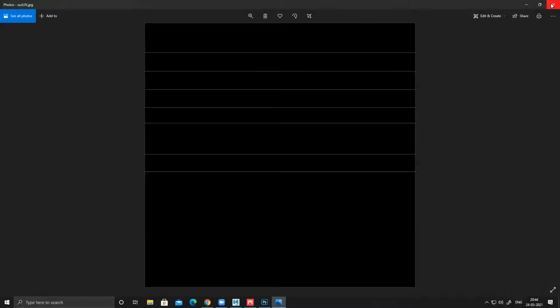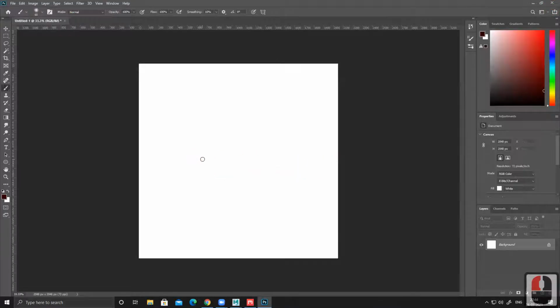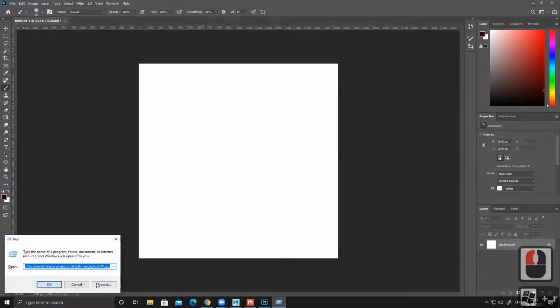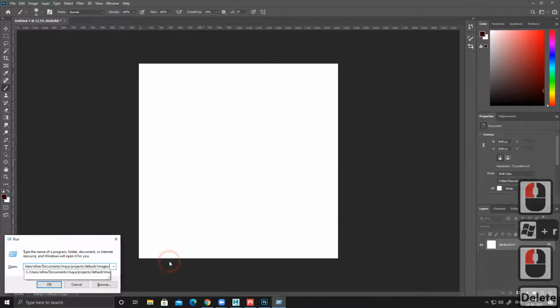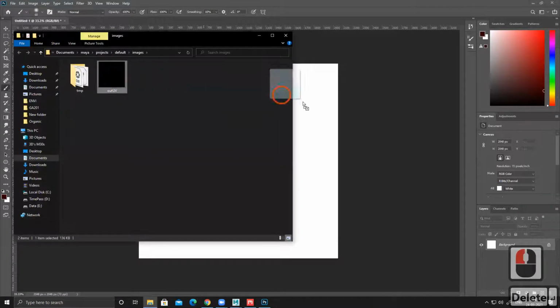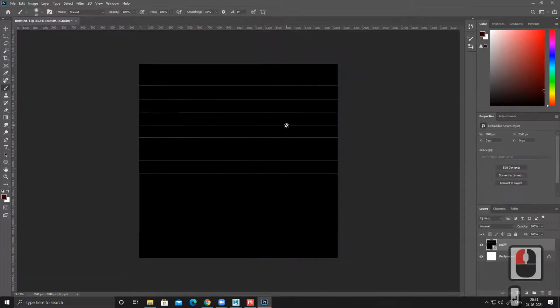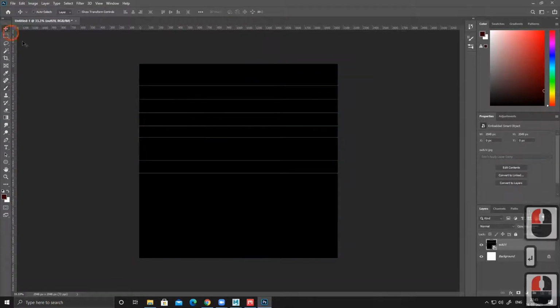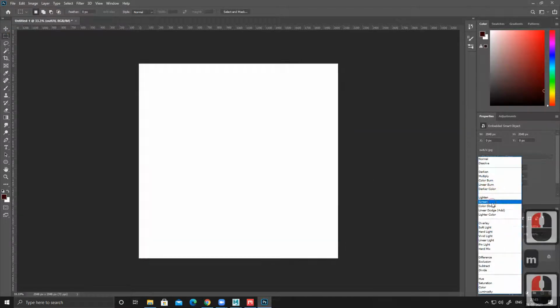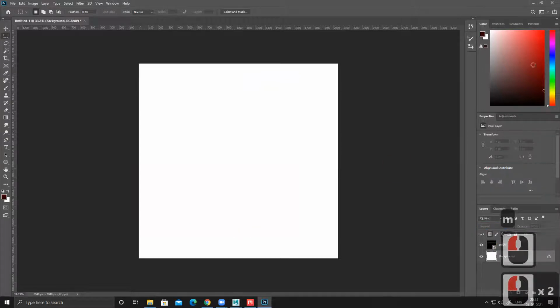Open this UV template here. I want this thing. Open the folder and drag and drop it here. It's flat and it snaps here perfectly. Right now, what I can do is change this to screen.